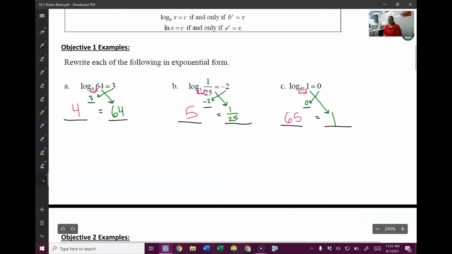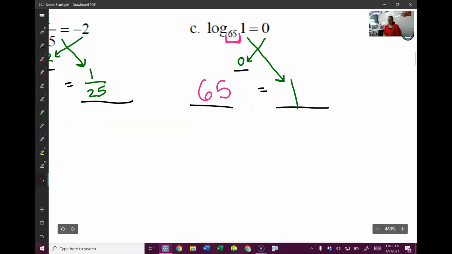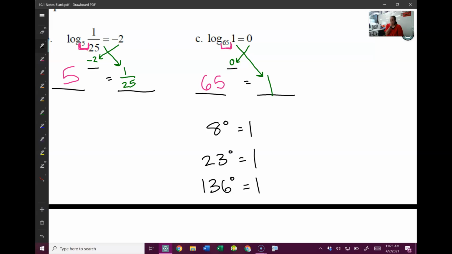So we had mentioned that there was an exponential rule that anything to the 0 power will always equal 1. So, for example, I could take 8 to the 0 power and it's going to be 1. I could take 23 to the 0 power and it's going to be 1. I could take 136 to the 0 power and it's going to be 1. Always, always, always. Well, if I take all 3 of these and I change them into logarithmic form,